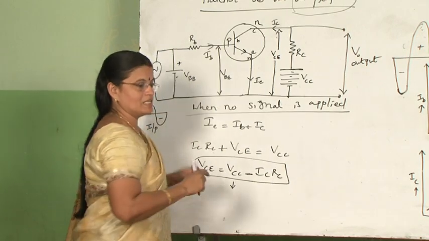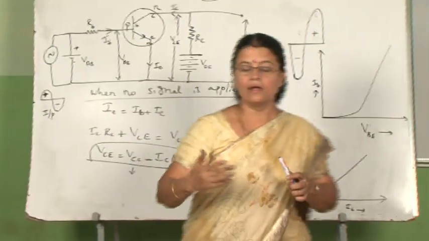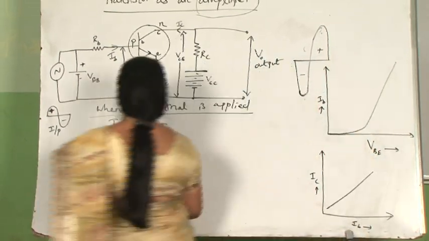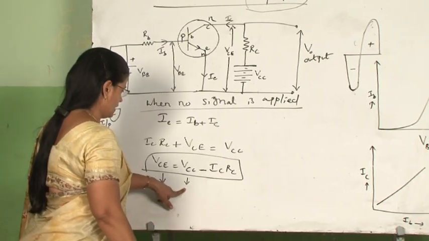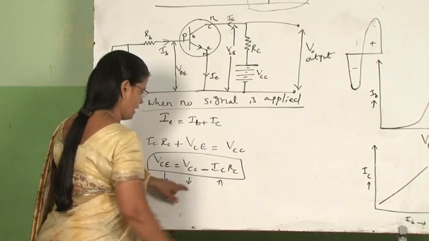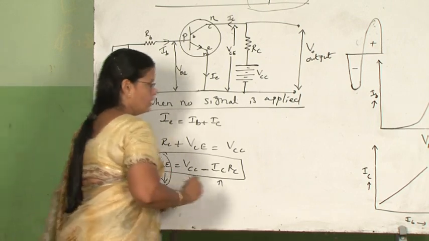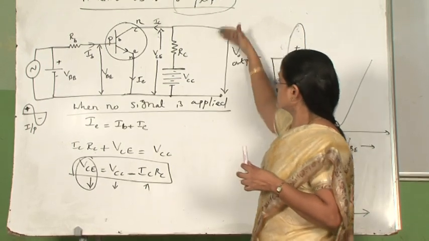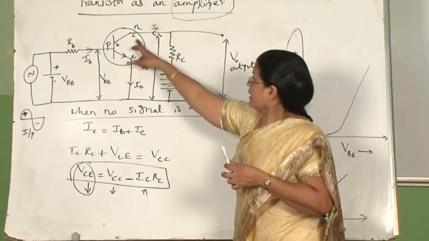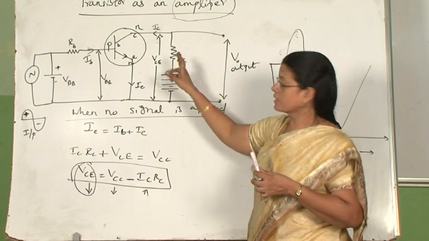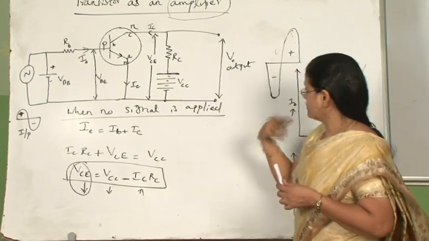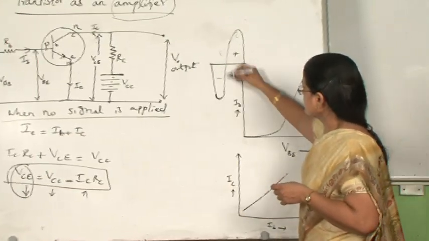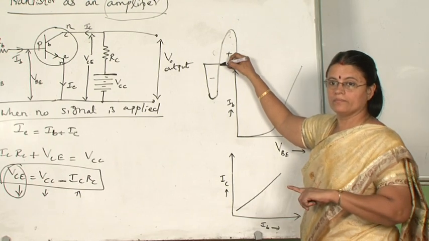When we say that VCE is decreasing, actually what we mean is that the collector goes less positive or more negative. So, the decrease in VCE due to the decrease in VCC, which is the result of the increase in IC, is accounted like this: VCE, which is the output voltage, decreases, which means the collector, being connected to the positive terminal, goes less positive or more negative. Therefore, during the positive half cycle of the input signal, we have the negative half cycle in the output signal.